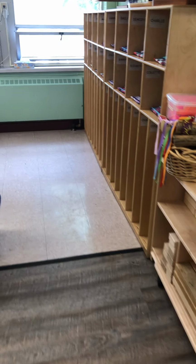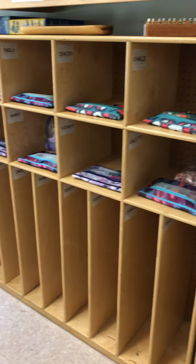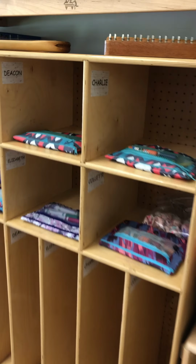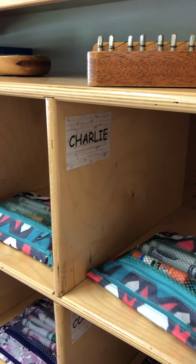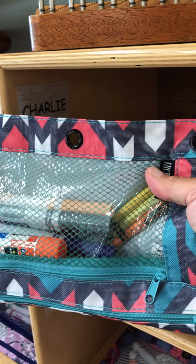This is Mrs. Tashoff's computer that she works on. And over here are your cubbies. Wow, you already have things in there. What could those be? Let's take a closer look. I'm reaching into Charlie's cubby and I'm going to hold it up. You see what that is? That's your very own